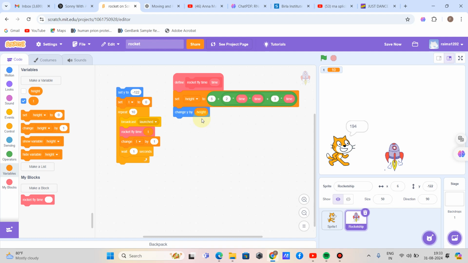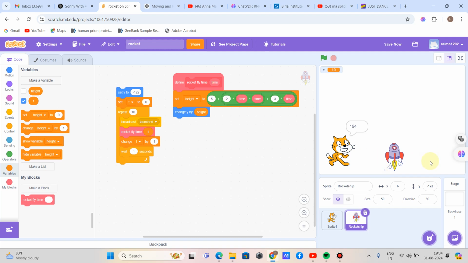One question arises: why didn't I use the move block to launch the rocket? It's because when I use the move block, the rocket moves only along the x-axis direction.